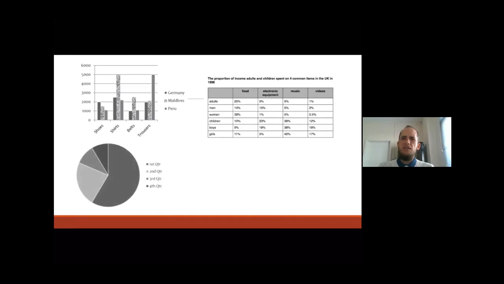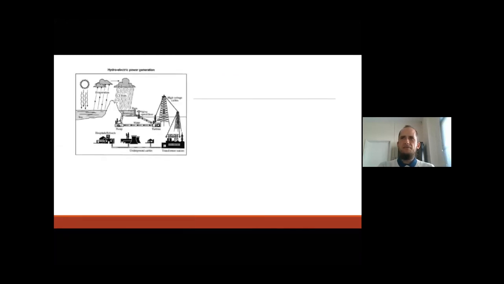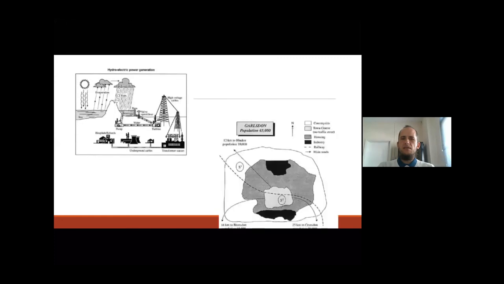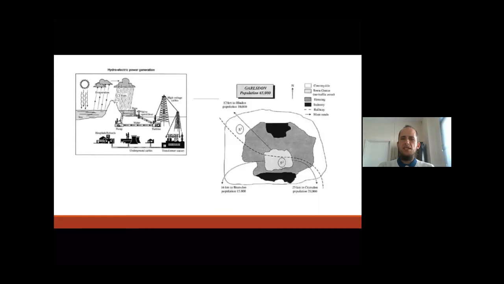Here's a couple more examples of graphs that you could possibly face. We've got basically a comparison bar graph. We've got a table and we've got a pie chart. Sometimes you could get a pie chart and a table, or a pie chart and a graph. It can be combined together. And lastly, we get diagrams or processes and maps,